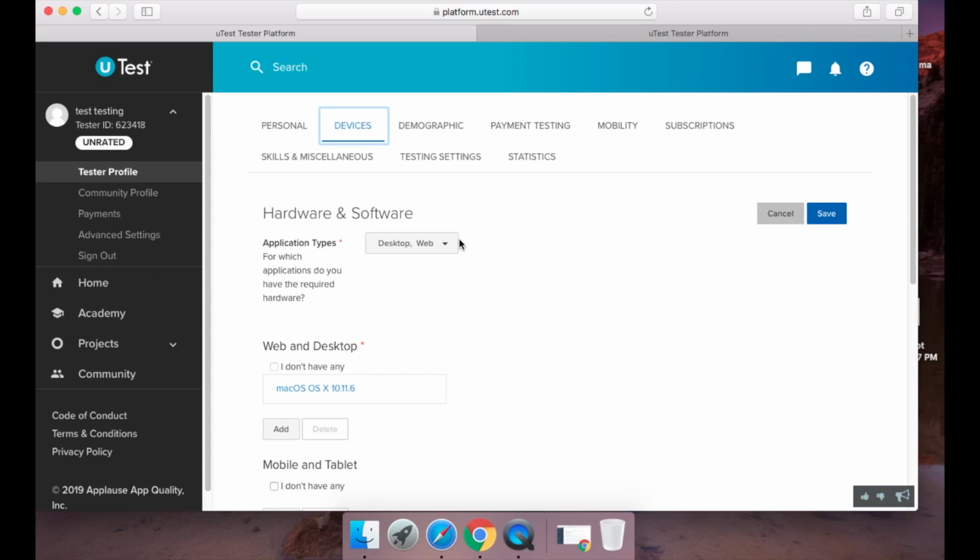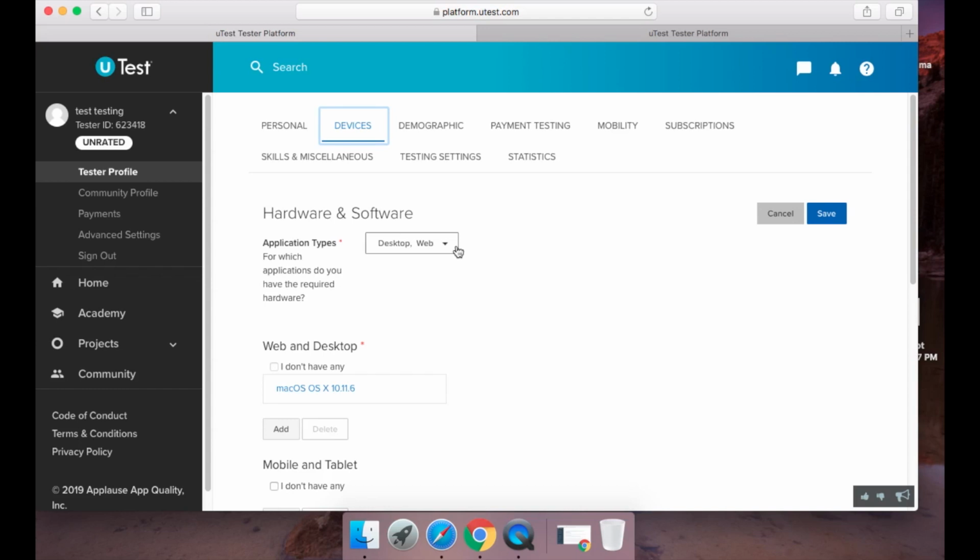Now I have a lot of devices, and the reason why I have a lot of devices is because of uTest. At the moment I have about 4 different Android phones, iPhones, a tablet, and about 4 different laptops. Now, you don't need to have all this. I've been there for years and I know what the requirements are, so that's why I have it. If you have just a phone, I started with just my Samsung Galaxy J5 and my laptop, an old laptop anyway. It doesn't really matter. You can start with what you have.